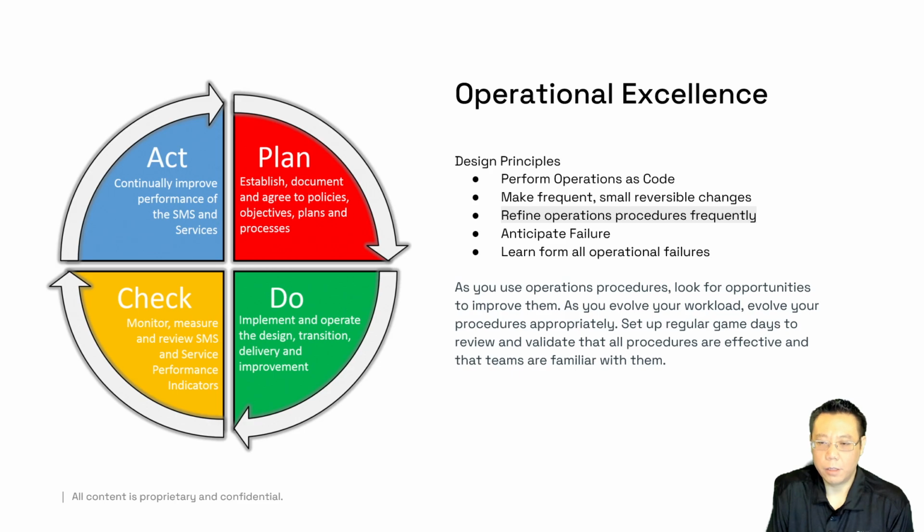Along with that continuous improvement, we also want to refine operations frequently. So if something's not working right, such as if we're doing weekly sprints, maybe we need to move to bi-weekly. That's not just technology, but also process and procedure. So if something doesn't make sense or it's not meeting SLA, refine it. And over here on the left, we have plan, do, check, act, so PDCA,